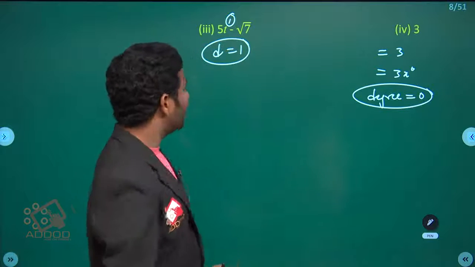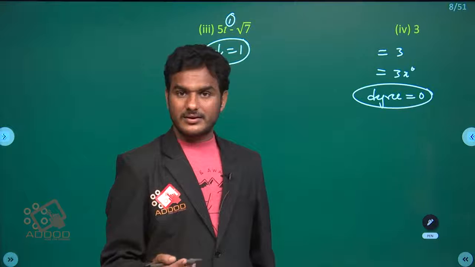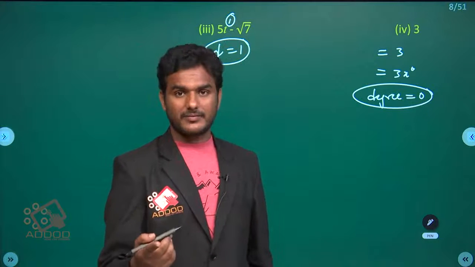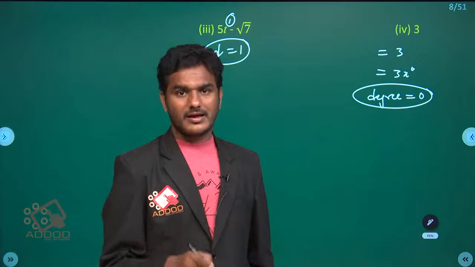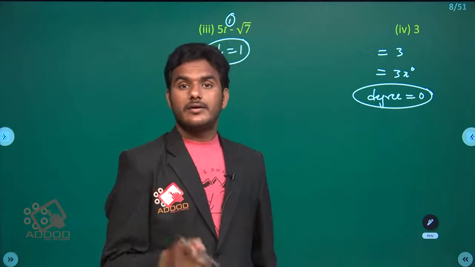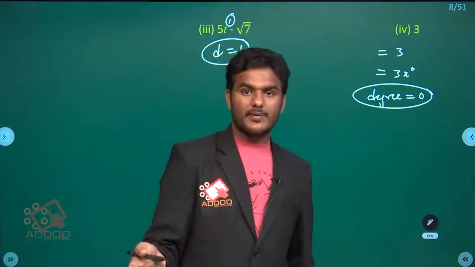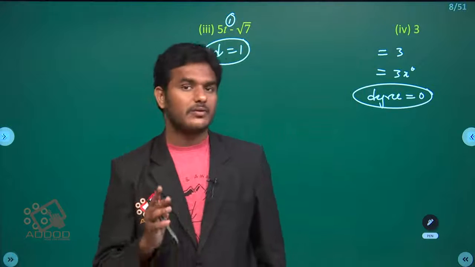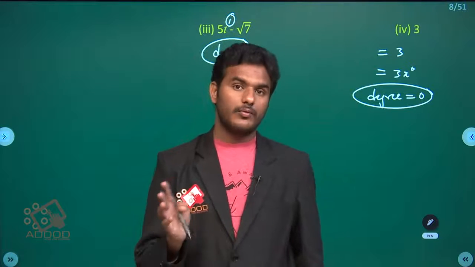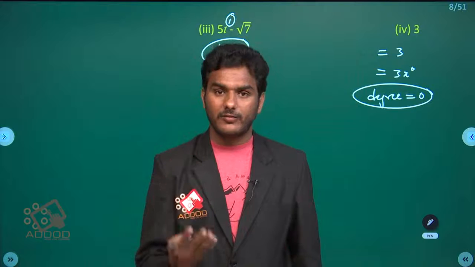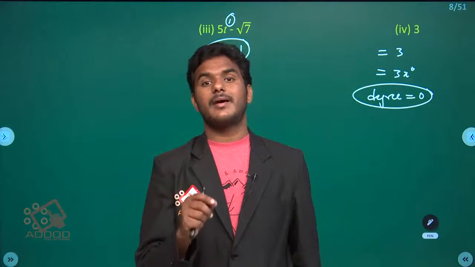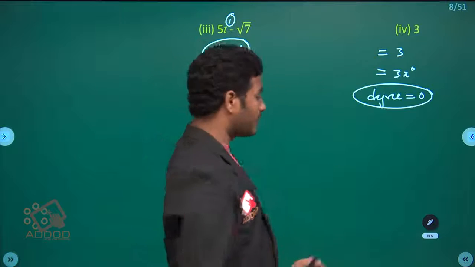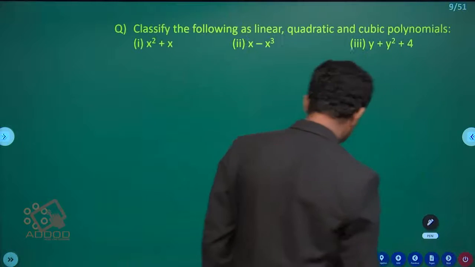Now, till now, whether the degree is 1, 2 or 3, based on the given polynomial we can write the degree. Degree is nothing but the highest exponent of the variable in an expression, right? Now, if the degree is 1, then that can be called a linear polynomial. If the degree of the polynomial is 2, then it is called a quadratic polynomial. If the degree is 3, a cubic polynomial. If the degree is 4, then it is called a biquadratic polynomial. So like that we can write the different types of polynomials based on degree also.